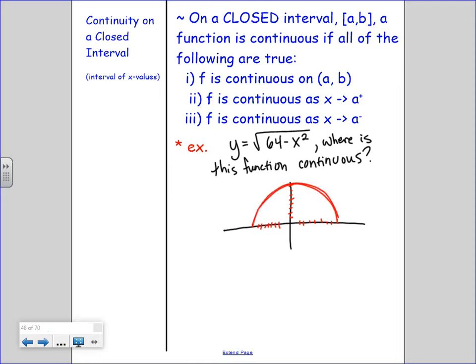That's been cut in half. He's only a semicircle. Positive square root, he's above. Negative square root, he's below. He's a semicircle. He's continuous? Yeah. Where? Everywhere in his domain. He's going to be continuous